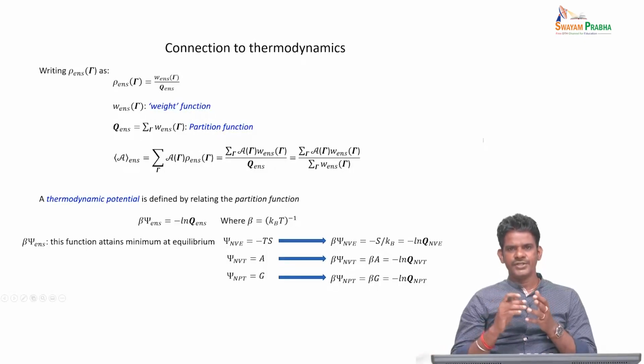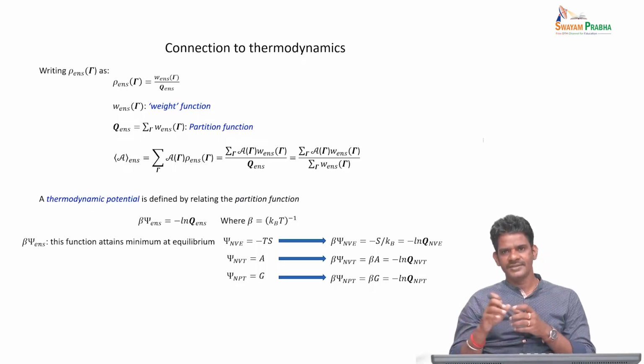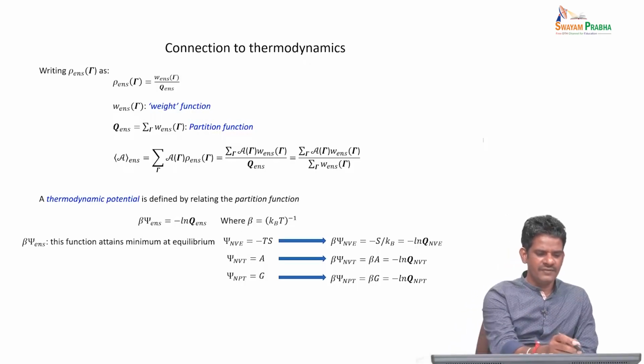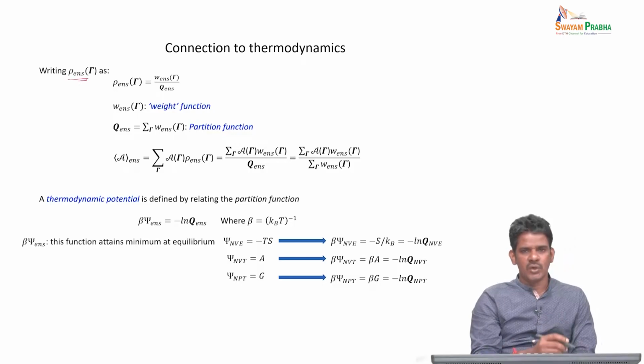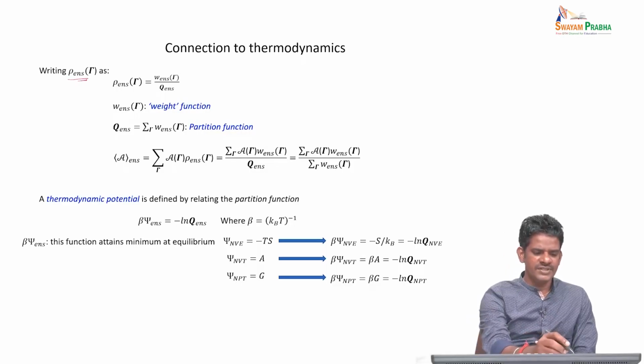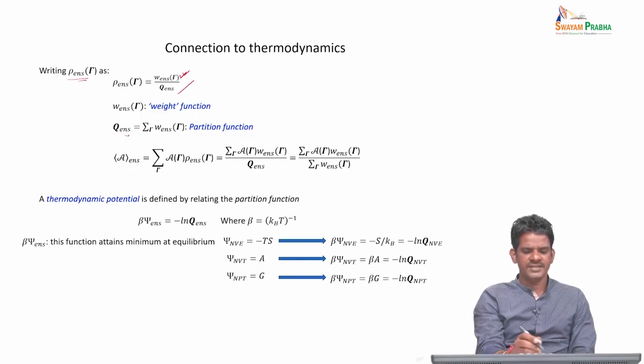So now let's see, is there any relationship between the mechanical state, which is a cornerstone of statistical mechanics, and classical thermodynamics? And you would expect intuitively, yes, there should be a connection. So we can see how it can be done. Before that, we'll first take a look at this rho, which is the probability density function of how the microstates are distributed in the phase space. Since it's a probability density function, you can write it as a ratio of some weight function W divided by some Q ensemble, which is known as a partition function.